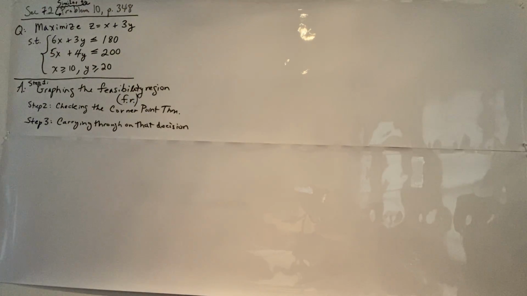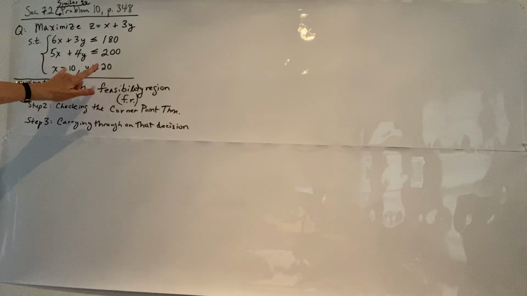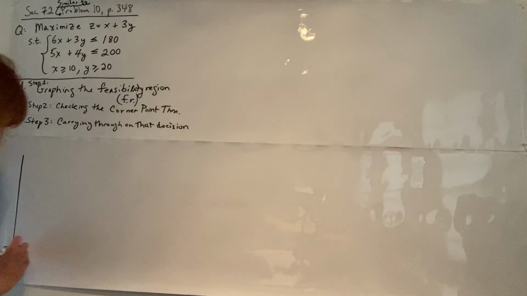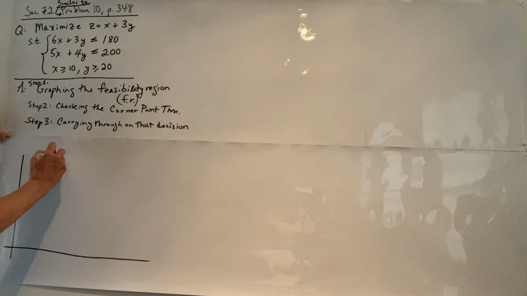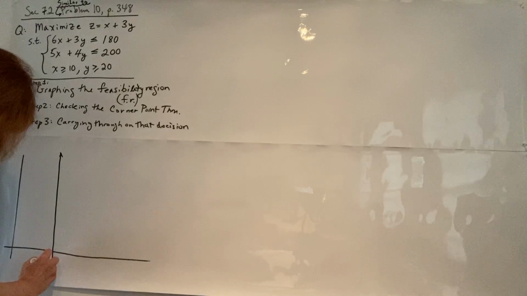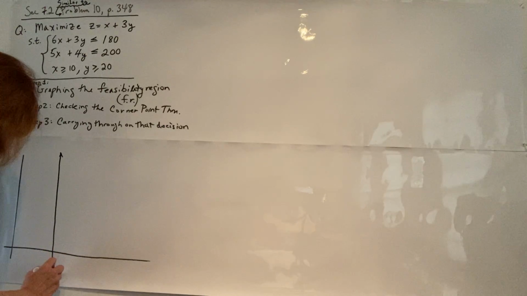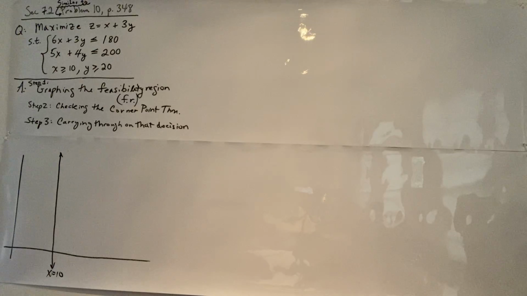All right. So, like I said, this one's a little bit more complicated because it's not just saying x greater than or equal to 0, y greater than or equal to 0. It's not just in the first quadrant. We need to know where x equal to 10 is and y equal to 20 is. Those are the boundary lines of that region. So if that's the first quadrant, then if I establish that this is x equal to 10, and y equal to 20,